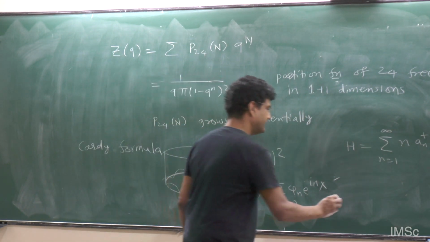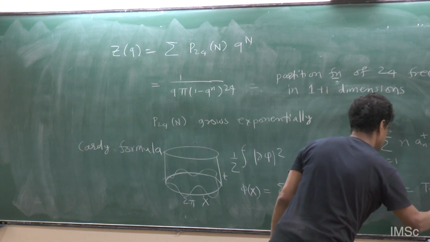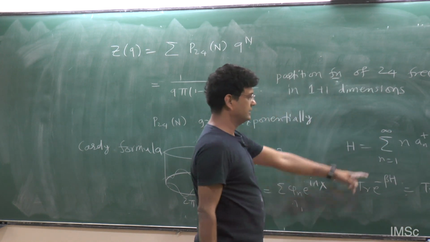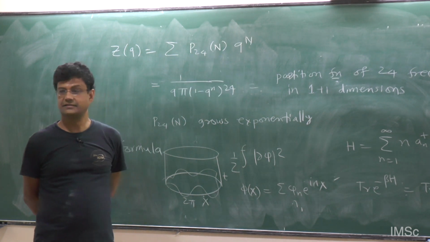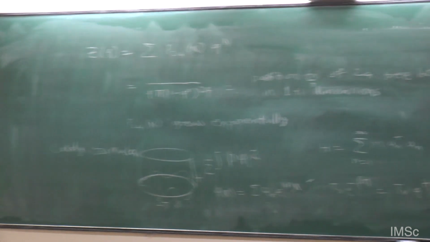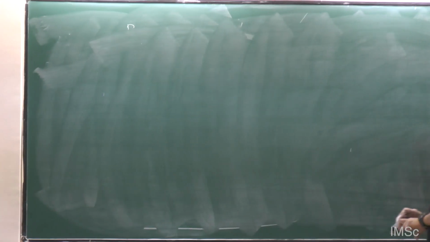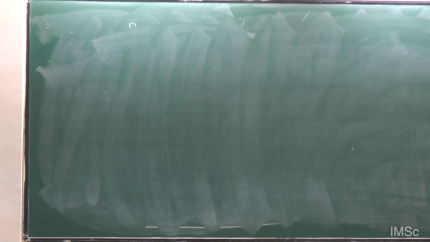And if you're calculating the partition function, trace e to the minus beta H, which I can write as trace of q to the power H, that's exactly this partition function, using Bose-Einstein statistics. So from a physics point of view, this is a very natural object, and the problem of partitions is also very naturally stated now. You could have 24 bosons which correspond to 24 different colors of the integers, or 24 directions in which the string can oscillate. There are many interpretations of it. But that's why there is a 24.